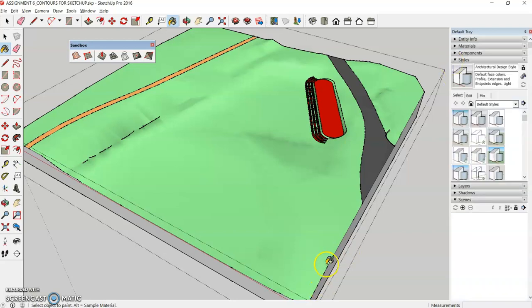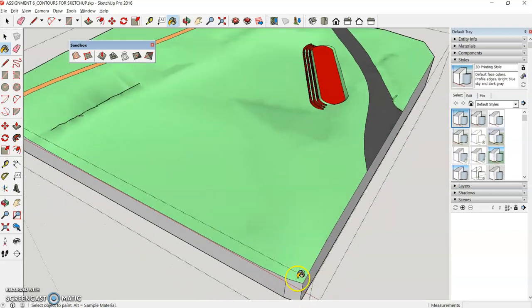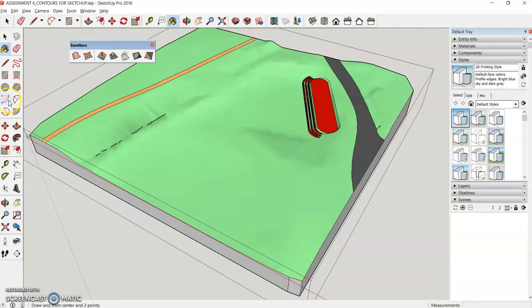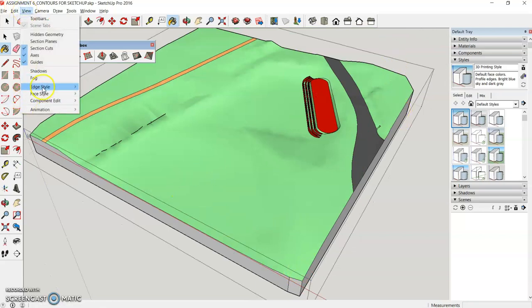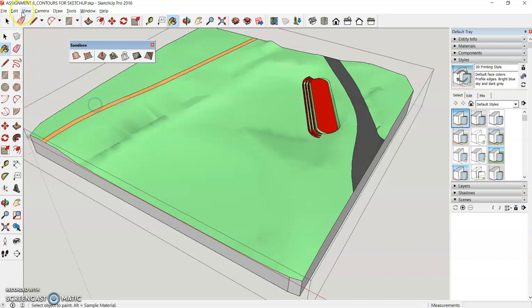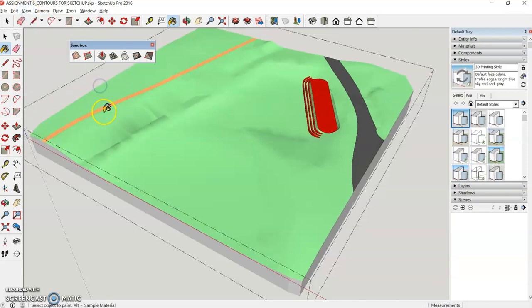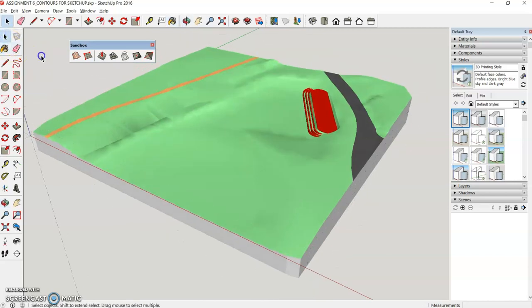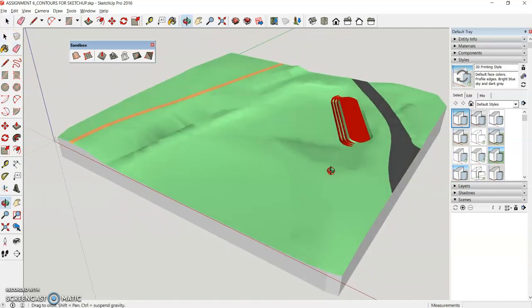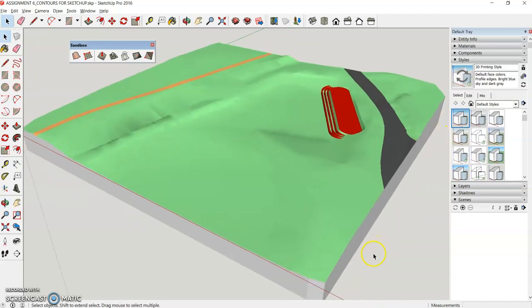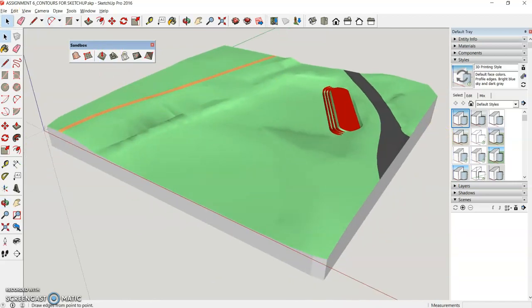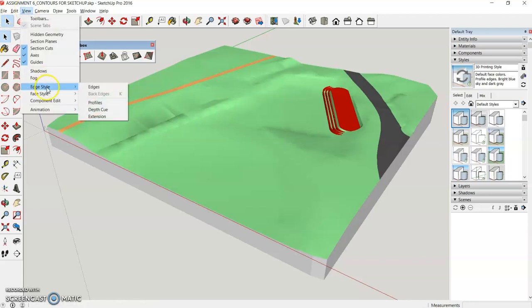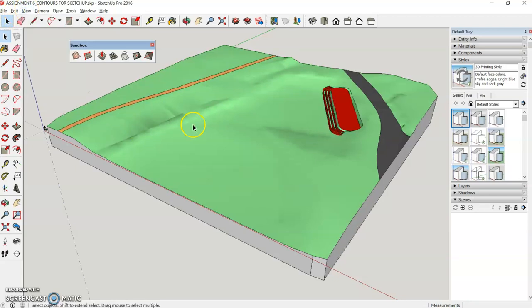to kind of get rid of these kind of sketchy edges, you can just go to 3D printing style that has more of a crisp kind of look in terms of your edges. Alternatively, you can go to view, edge style, and just switch off your edges, switch off your profiles and your edges. That allows you to export your model without any edges. But for this particular exercise, you want your edges to show as per the example. So just go back, and you can leave the profiles off, but just switch on your edges,